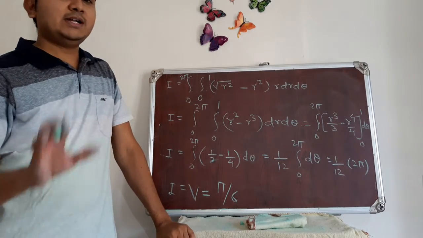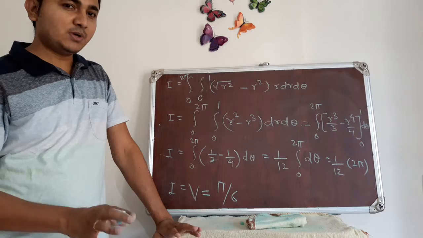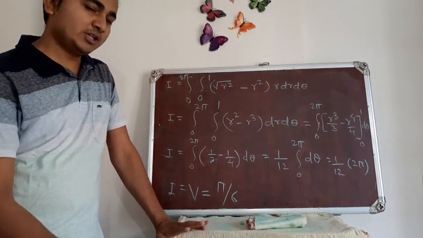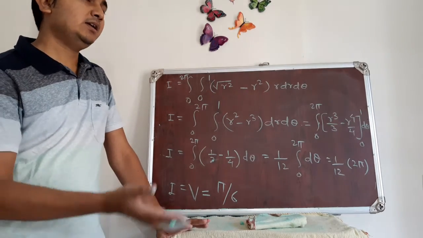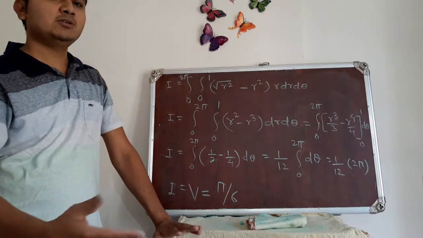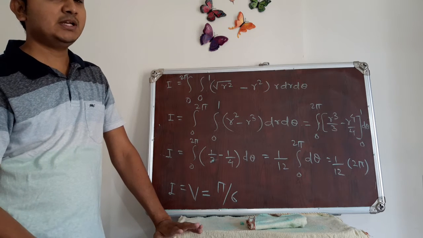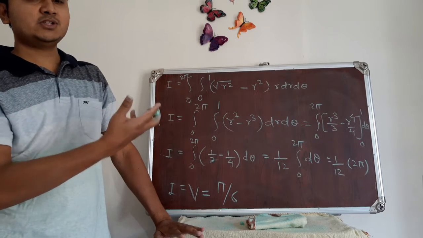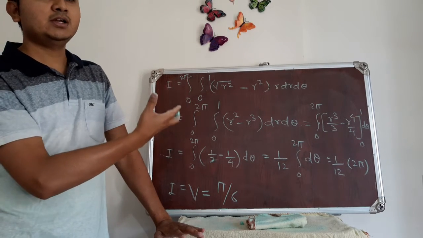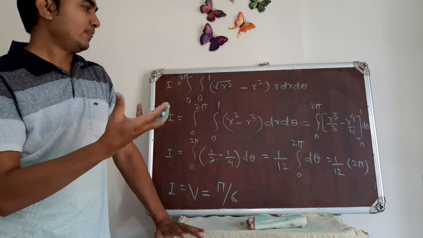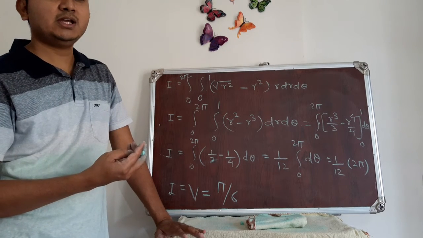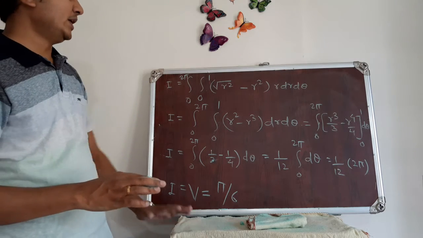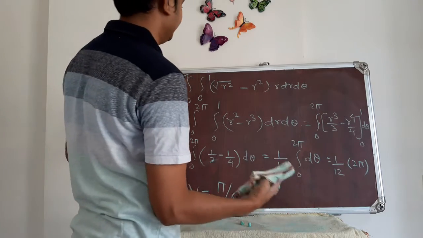Okay, so what I did is, you first of all try to find out the limits of z. Don't worry about x and y. Integrate with respect to z first, and once you integrate with respect to z, you will come into the xy plane. In the xy plane, z becomes 0. Then whatever surfaces you have been given in those equations, put z equal to 0 and find the region in the xy plane. This is the idea to find volume. All right, fine.